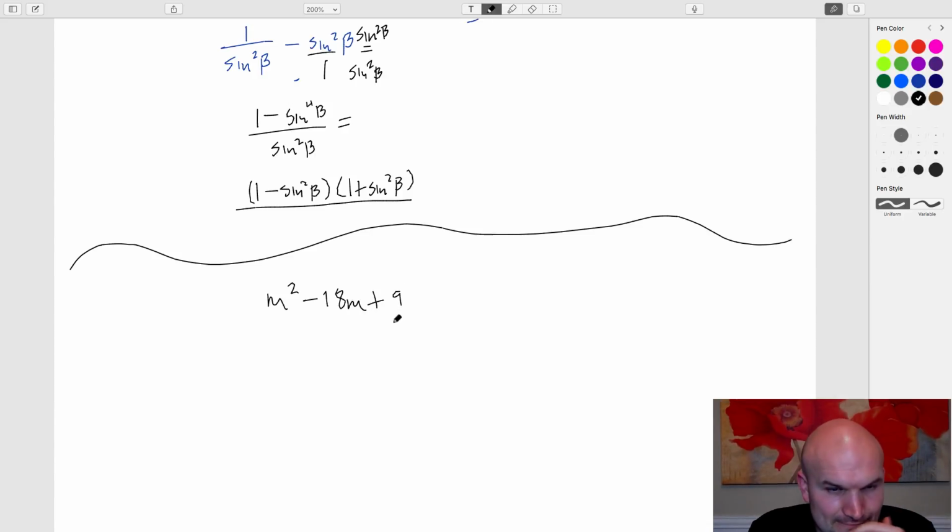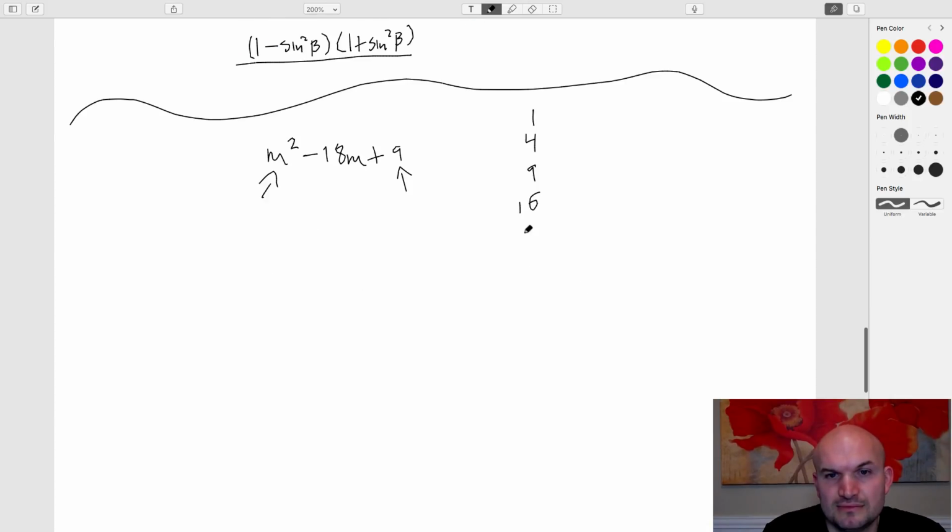We could talk about the perfect square as a visual representation, but the basic idea here is that the first term and the last term need to be square numbers, right? Obviously, for a variable to be squared, it's just the variable squared. As far as our squared numbers, they are 1, 4, 9, 16, 25, 36, 49, 64, 81, 100, 121, 144, 169,